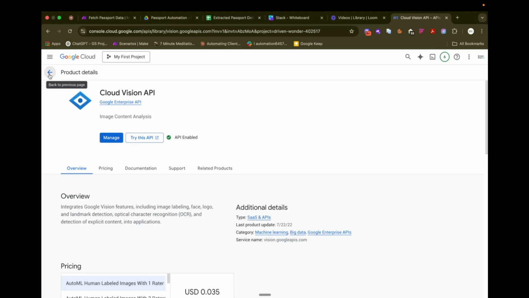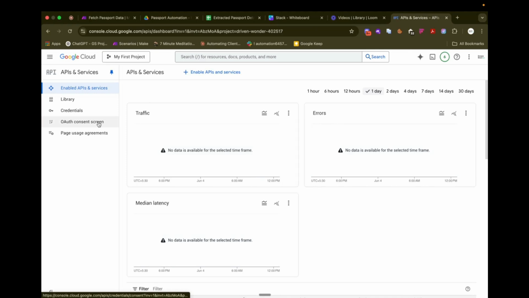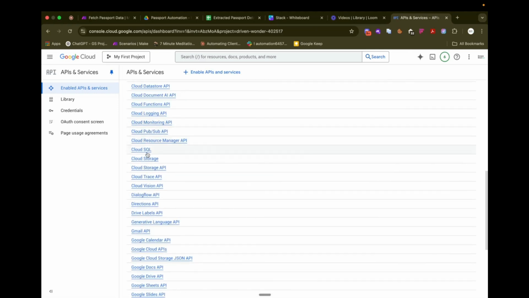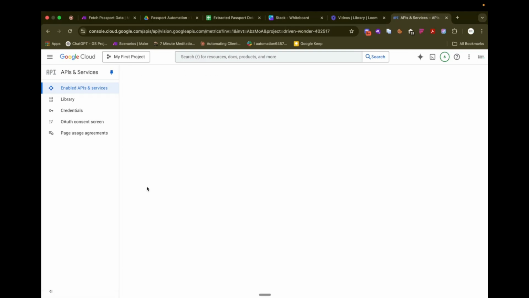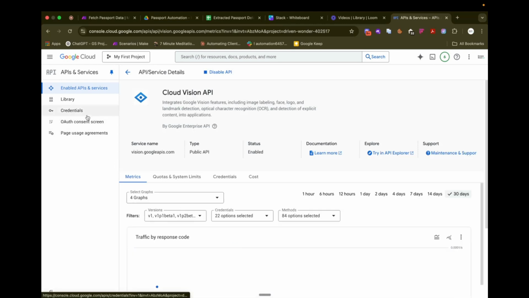Moving on, now we will go back to the API and services. Here when you scroll to the bottom, you can see the Cloud Vision API here. So this is the Cloud Vision API. When you click on Cloud Vision API, you will see this kind of interface where you can go to credentials